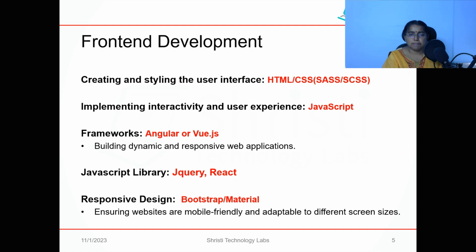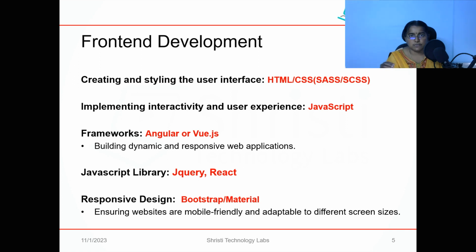For creating web pages, it is HTML. For styling the web pages, it is CSS, Cascading Style Sheet. The extension of CSS is SASS, Syntactically Awesome Style Sheet, and SCSS, Sassy Cascading Style Sheet. For implementing interactivity and user experience, for example, validating a form,